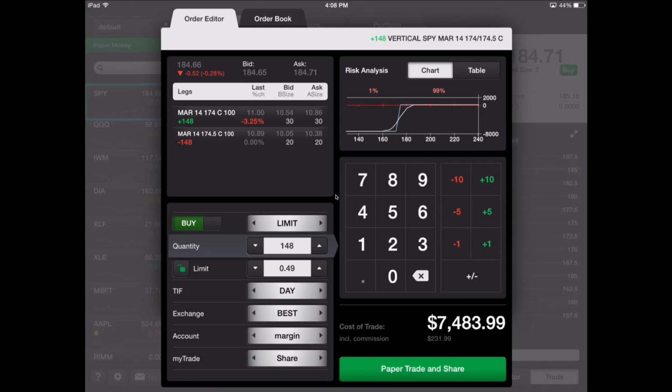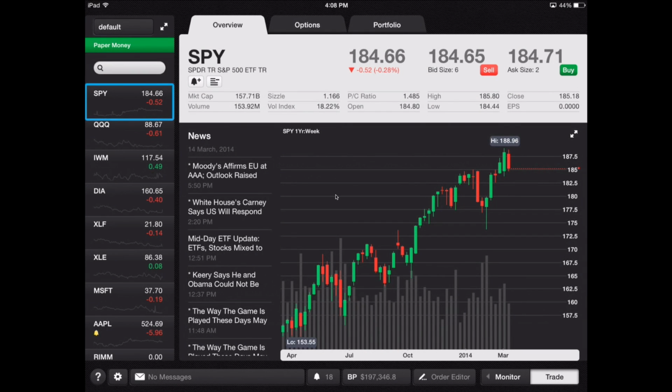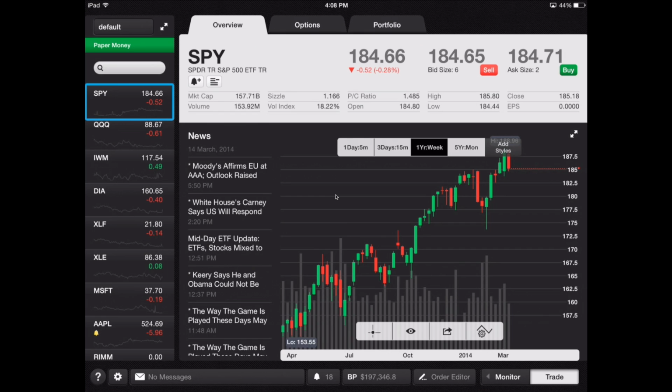I think this is a vertical spread. Change today to good till canceled. You can specify your exchanges on the options. Switch your accounts and put your MyTrade on or off. Very cool features. I think you can also